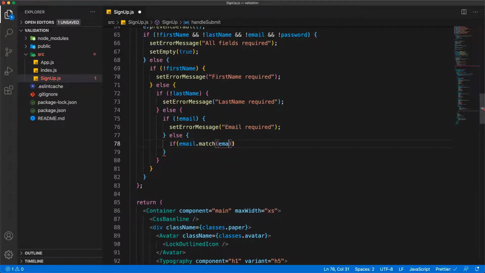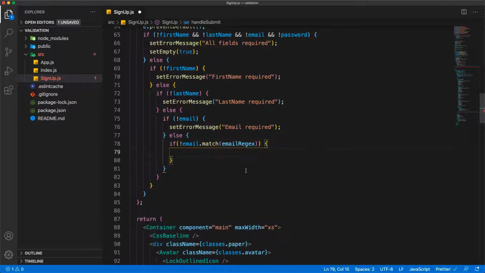It's going to check whether it matches, right? If the email and the regular expression match, then do nothing. In this case, what we need to do is find an error. So we put the opposite, an exclamation mark, so it checks the not of it. For example, we're checking whether the email doesn't match the regular expression. If it doesn't match the regular expression, then we go ahead and set the error message,